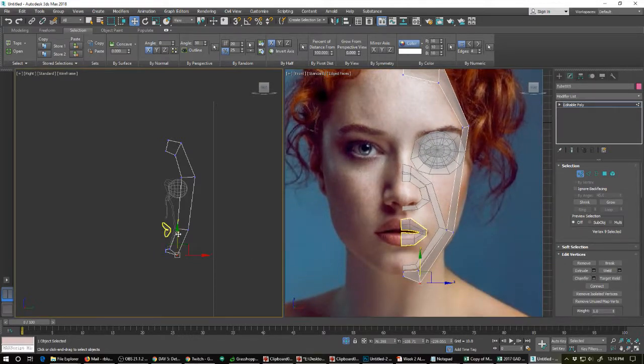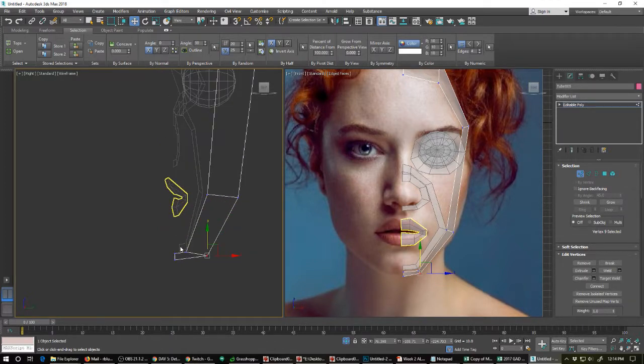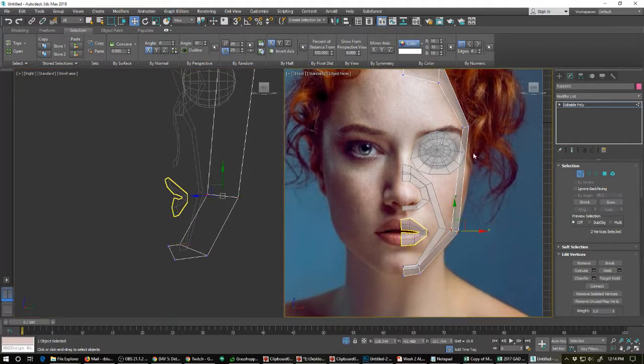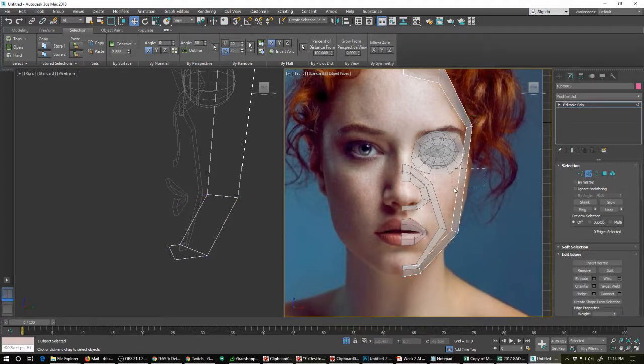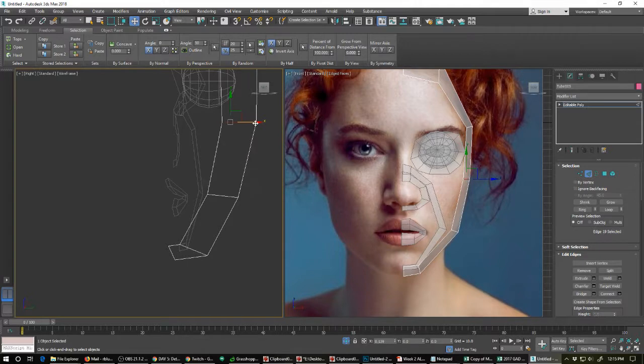And let's pull this up a little bit. I'm going to grab this, and I think I'm going to pull this out a little bit. And let's see, let's grab this, maybe just pull it a little bit out, pull a little bit out, go into edge mode. Let's connect that real quick,